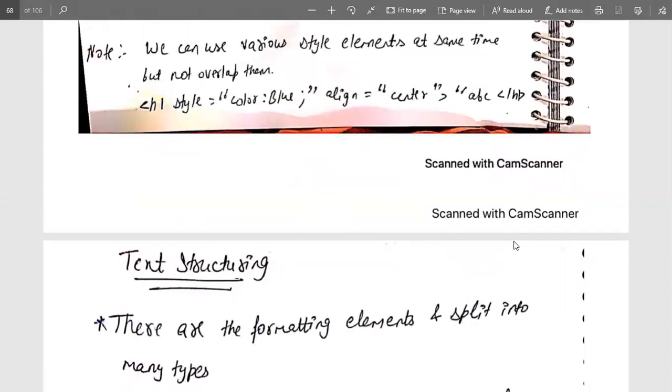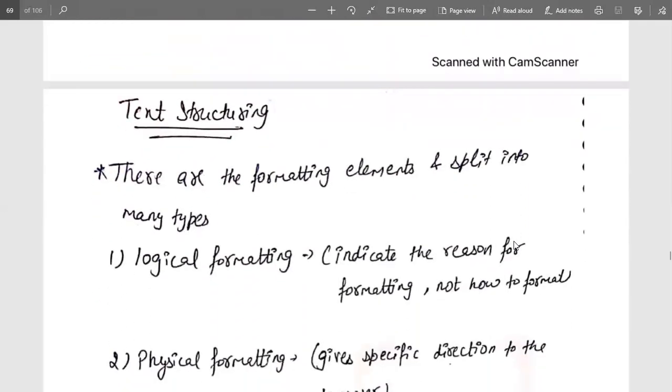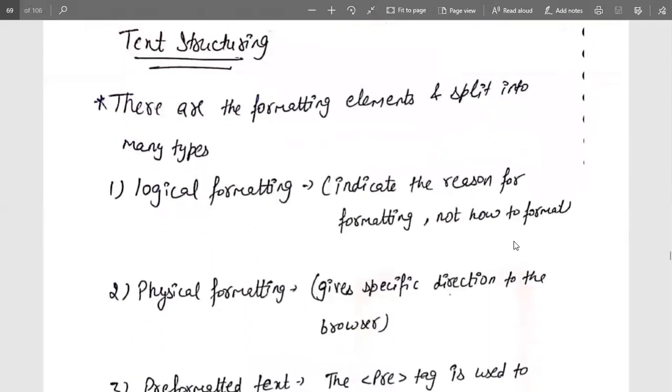How can we change the font size, the font, or the alignment? How can we change the text color, text size and the background color? All the text styling is done with the help of the style tag, and that style tag contains a value equal to property colon value. If you want to insert a background color, you have to do it with the background color property. If you want to add the text color, you insert only color and then the value of that particular color for the tag.